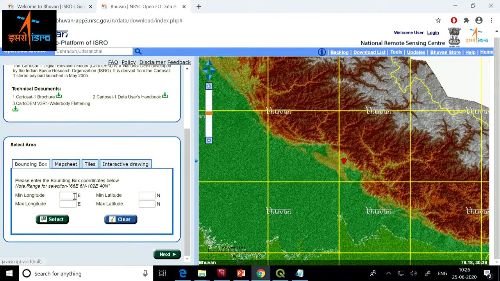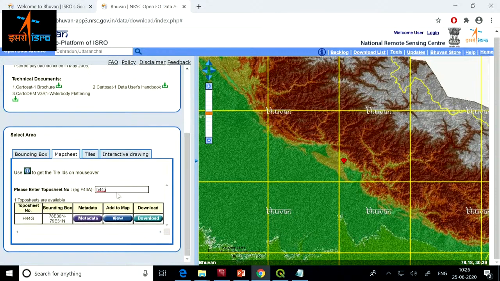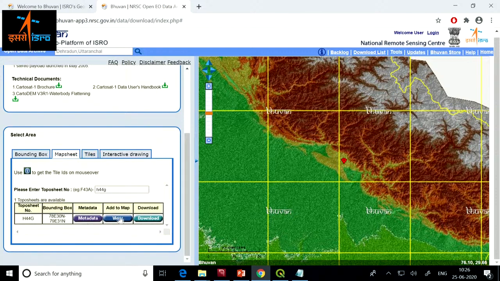If you know the minimum maximum latitude longitude, you could give that bounding box. If you know the topo sheet number, let's say H44G, then you can directly get it, or you can click on the tile, or you can make an interactive polygon or drawing and get the tiles. So we will click on download.